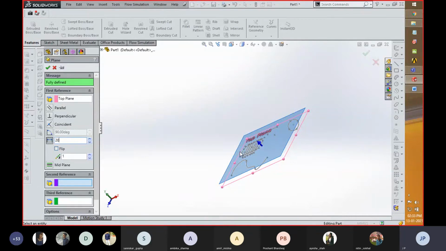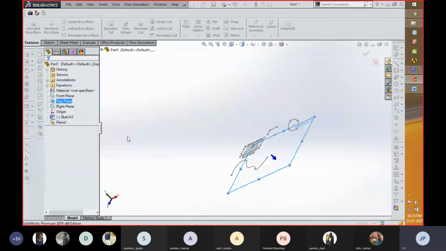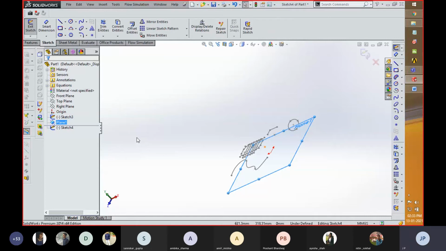In such a manner, you can create multiple planes, datum planes, with respect to this command, and you can create as per your requirement the different number of planes which you need. So if you increase the number of values over here, the number of planes created will increase in such a manner. At this time, I need only one. I took only one.